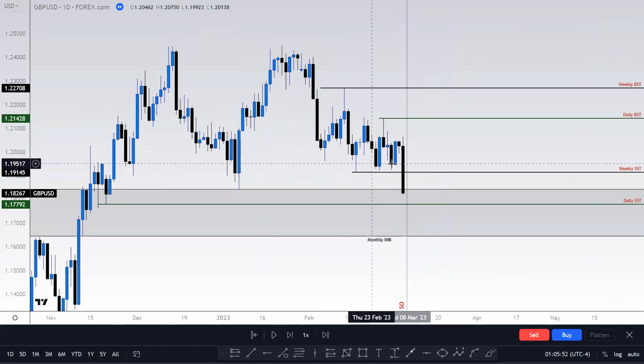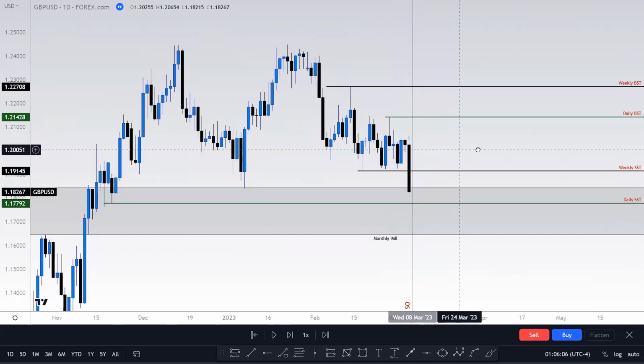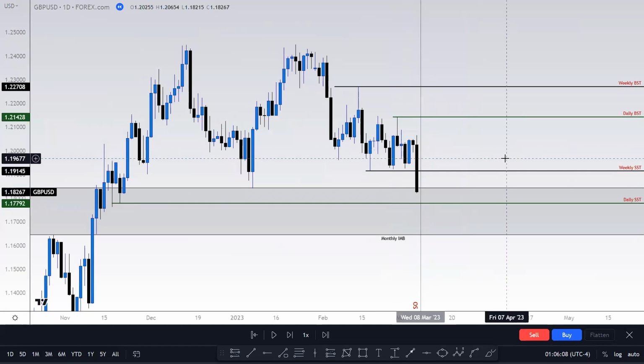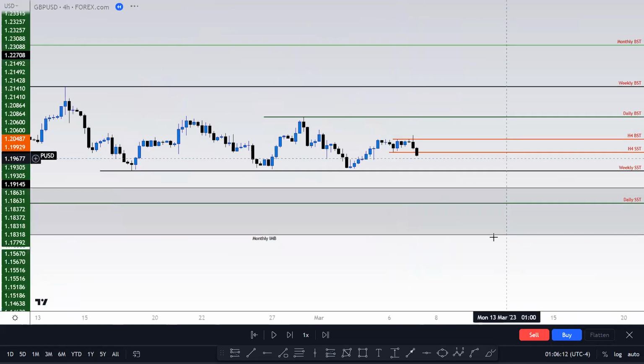Another thing that I noted on this day as well was the fact that price had already traded and broken below the weekly sell side target. So this is something to be cautious of, as this new area of resistance that has now been broken could act as an area of support in a future reversal. So going into the 4-hour time frame,